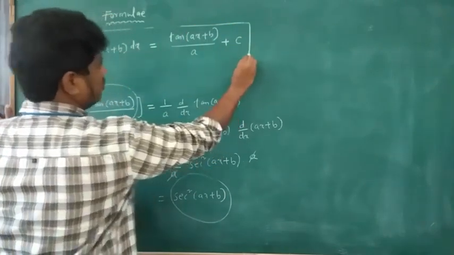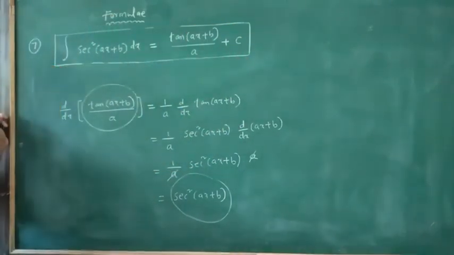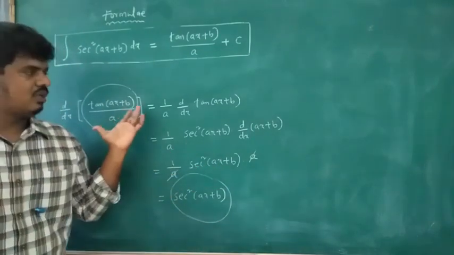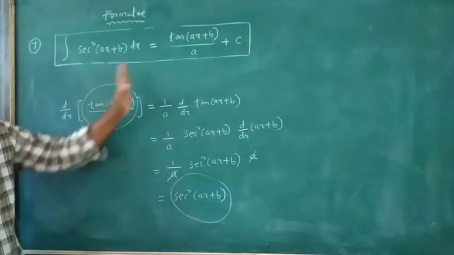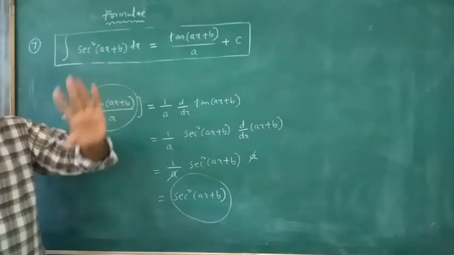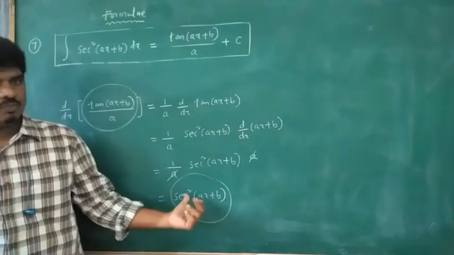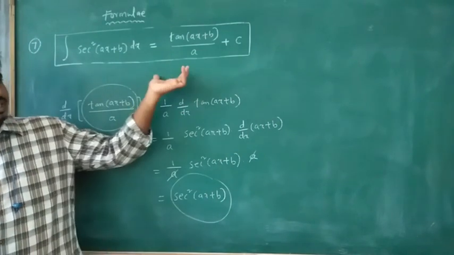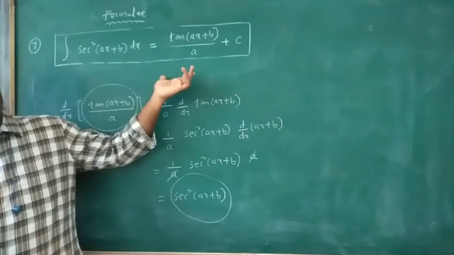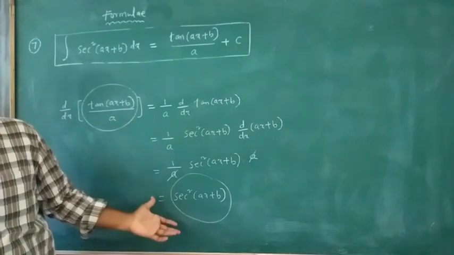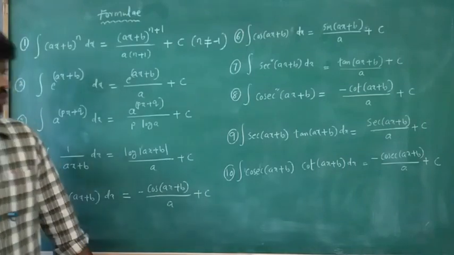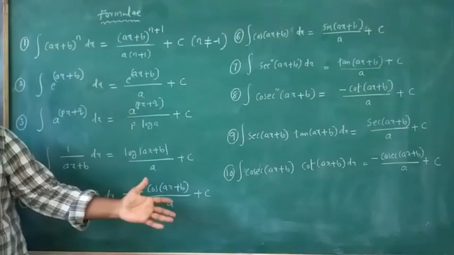It is the seventh one. For the remaining three, I am not going to give the proofs. I will just give the list of formulae. You should know the list of formulae only, no need of these proofs. In the first list, I gave the 14 formulae. In the second list, I am going to give the 10 formulae. Just observe all these. With the first 14 formulae, you should remember these 10 formulae also.